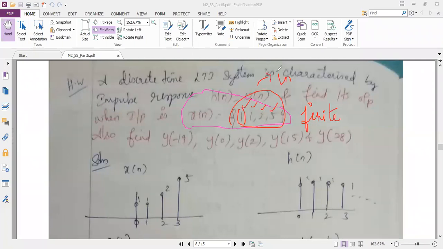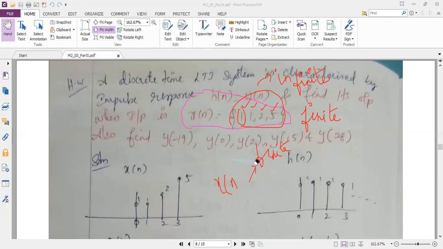Infinite. Okay. See, when we started this convolution sum topic, we solved the first 2 problems, where my h of n was finite and my x of n was also finite. So we followed 2 methods, method 1 and method 2. And other than those 2 problems, in the remaining problems which we have solved, either one input is finite and the other input is infinite, or both are infinite. Like that, combinations we have seen.